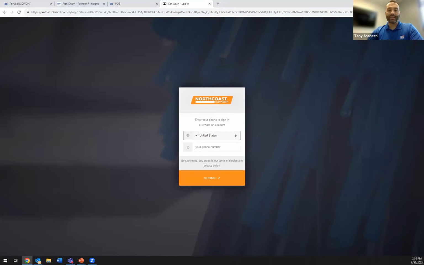So it's not an open text field. I can't go in and add my buddies so that they get free washes on someone else's plan. It's only going to let me add that alias. So you can go into the XPT in Patheon and assign an alias for when the license plate is read with an O instead of a Q, which would help raise that accuracy with existing members, obviously,